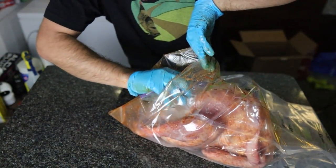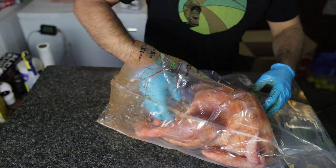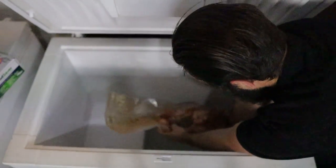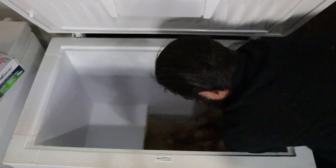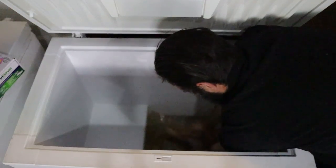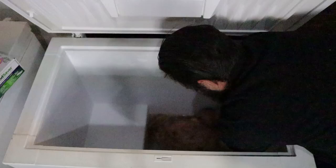This will conform to the inside of the turkey and transfer heat more efficiently to ensure I get a juicy and fully cooked bird without any food safety issues. Now the turkey goes into a sous vide bath at 138 degrees Fahrenheit. I'm using my modified chest freezer sous vide bath for this, but you probably don't have something that big. So make sure you just have a big pot or a sous vide bucket that fits a whole turkey